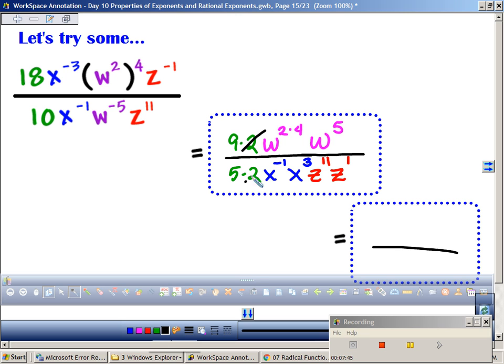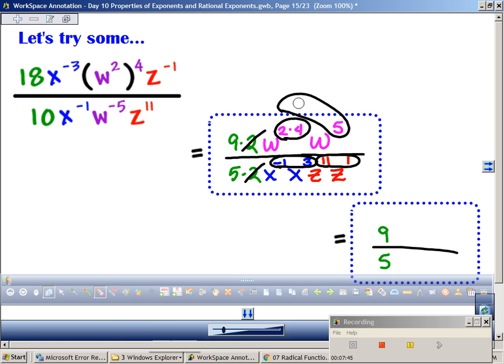Okay, so these two cancel. These two I'm going to combine. These two I'm going to combine. This is going to become 8, and then I'll combine these two. It's the same variable. It's like saying I have 8 W's and 5 W's makes a total of, right? Okay, so my 9 is just going to stay there. My 5, I can't simplify those anymore. I have a total of, this is an 8, and an 8 and a 5 make,